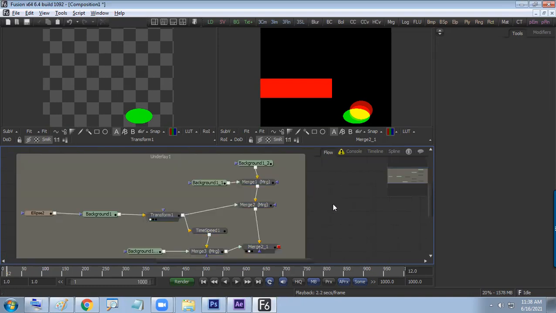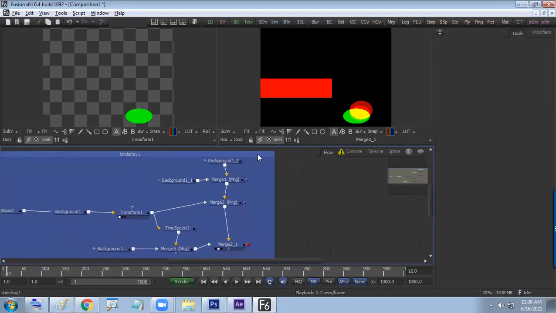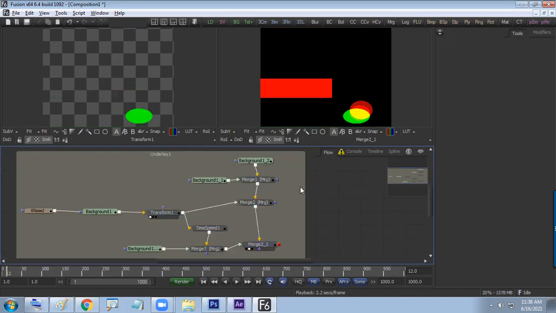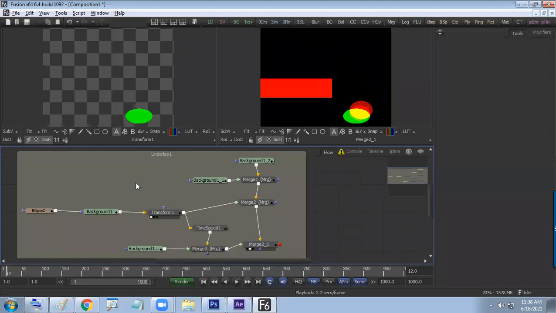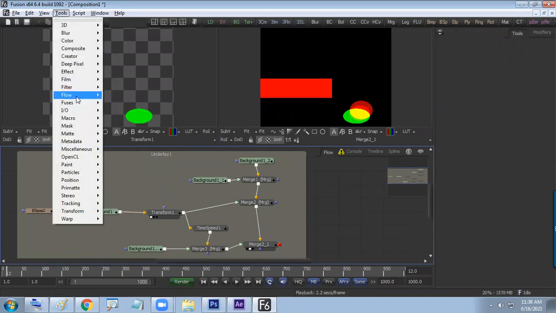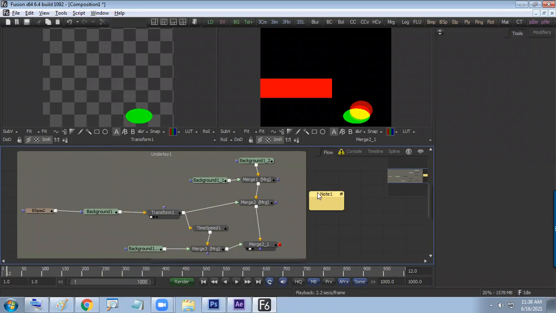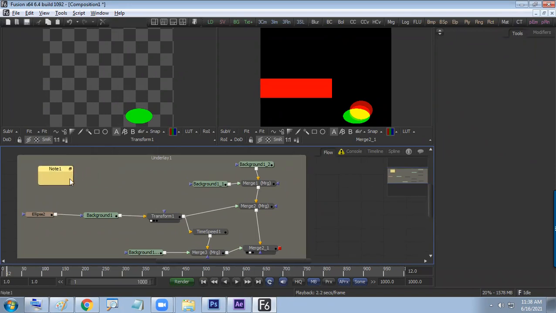Hope it is clear. This part okay? So what is the learning here? Three things we have learned. What are those? Time spread, ellipse, and position animation. So have a sticky note. What are the things we have learned in this flow? So why am I doing this? You need to do this also at your end. Note down.